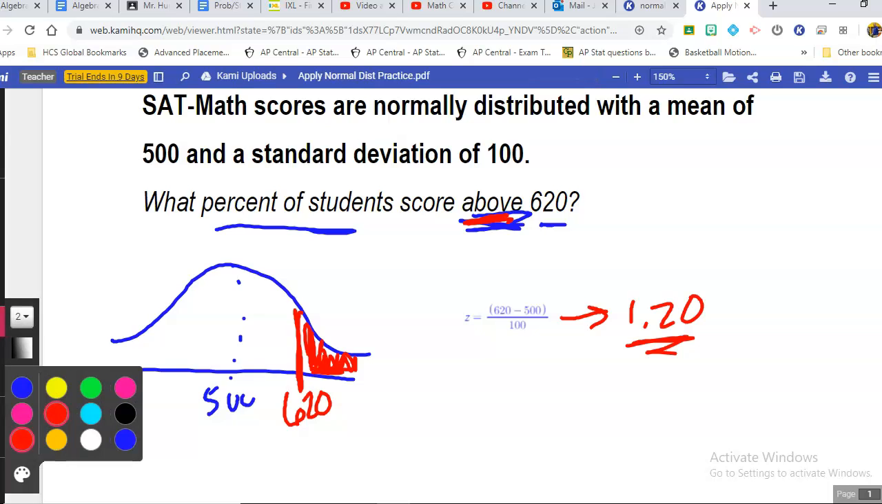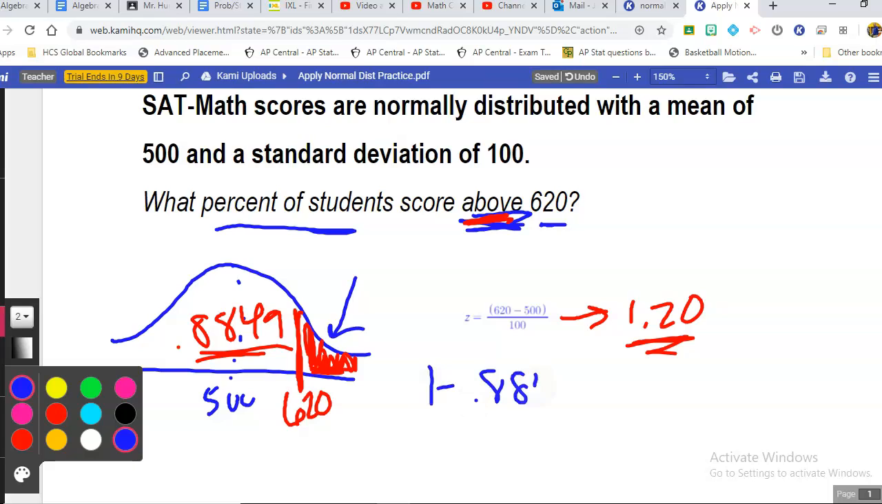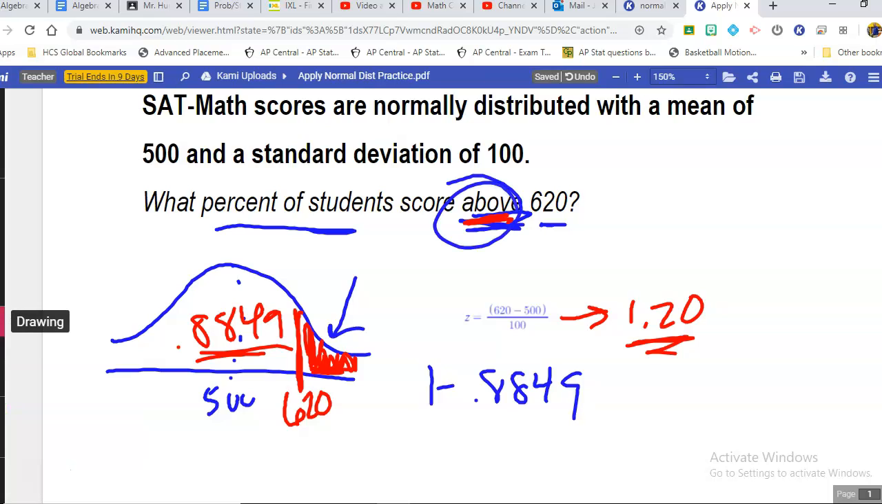That represents the area to the left, 0.8849. Now, that's not what we want. We want the area that's over here to the right. So what we're going to do is say 1 minus 0.8849. And again, you can just realize this because we're talking about coming in above something or greater than something. And 1 minus 0.8849 is going to equal